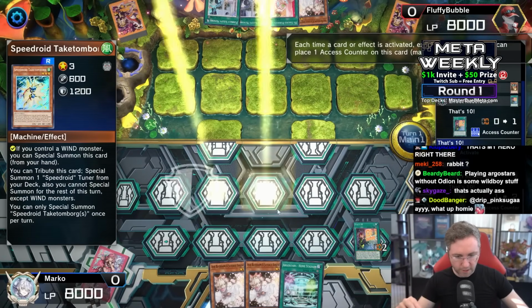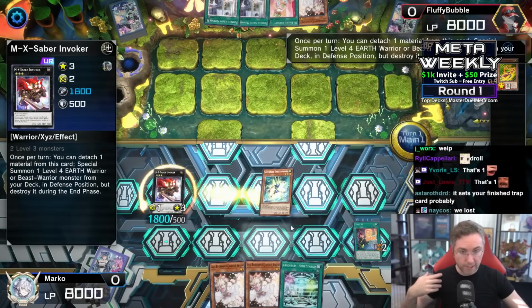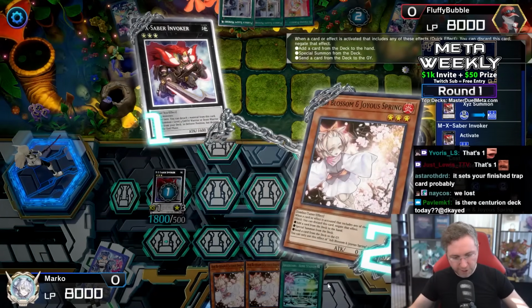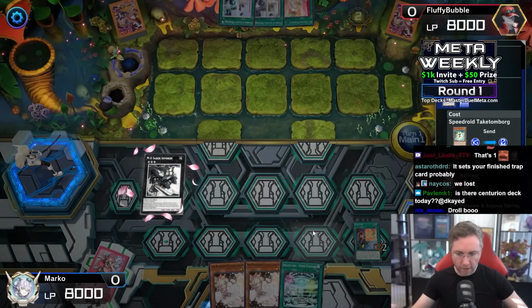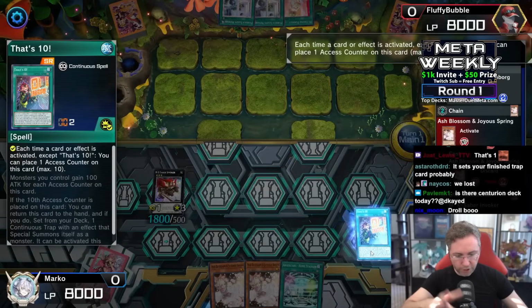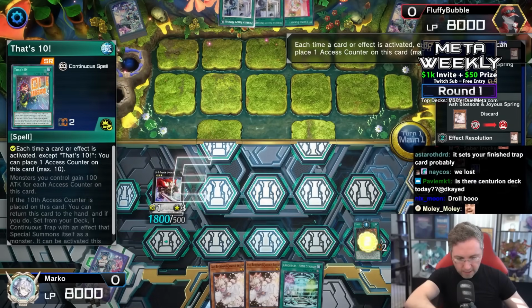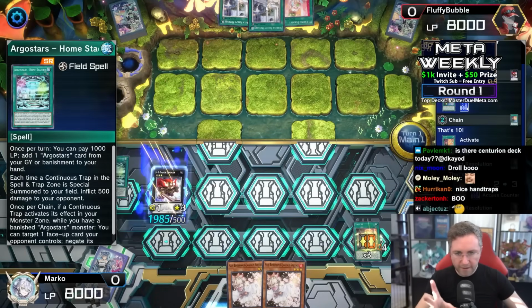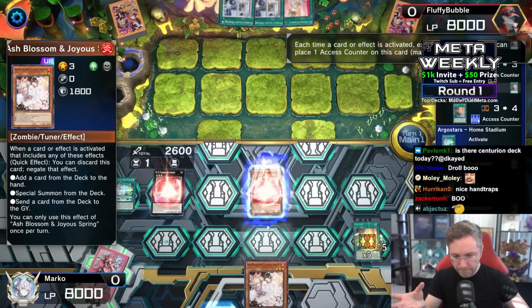We have Take Tomborg still special summoning as we now go into the X-Saber Invoker, which will special summon from the deck, and then the Ash Blossom will negate. Now, unfortunately, I think that will then be the official end for Argostars here. But there's still a chance with the That's 10. We need 6 more card effect activations. So we have Field Spell, then we need 5. Then if they activate 5 more, plus we have Ash, so they only have to activate 4 more, then wait,